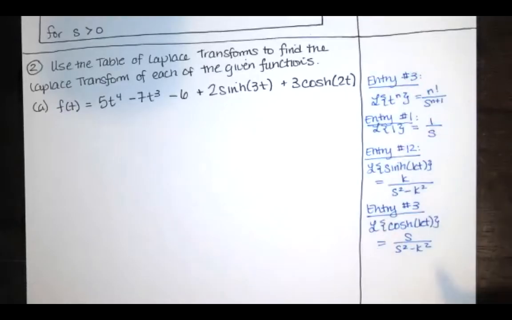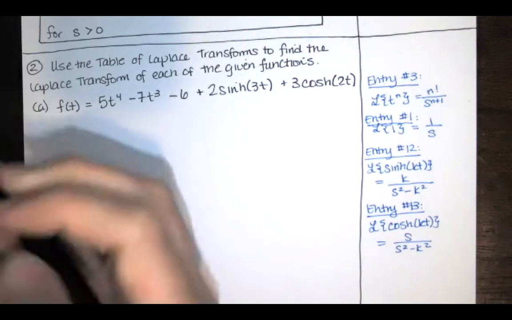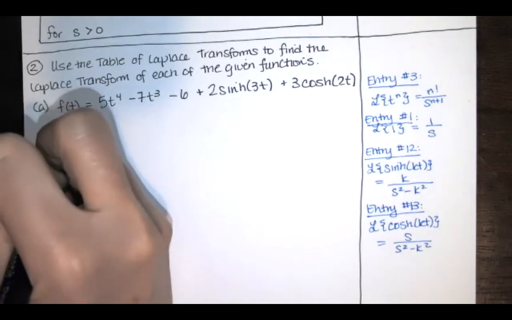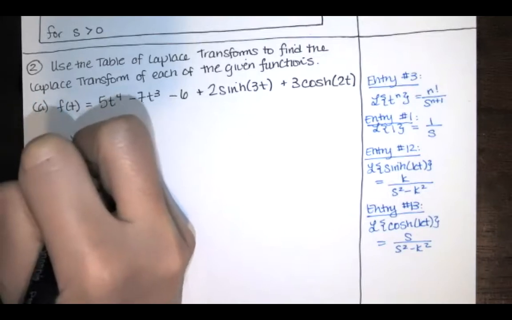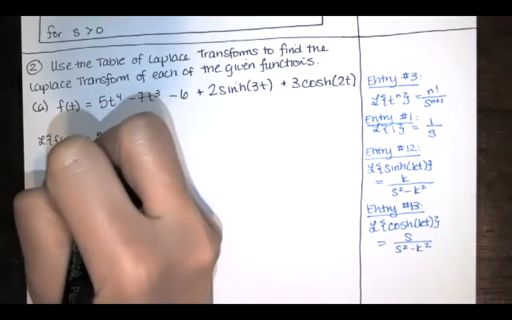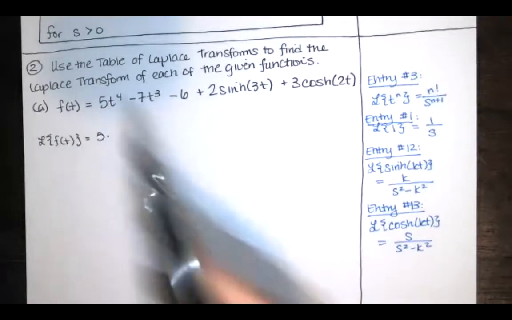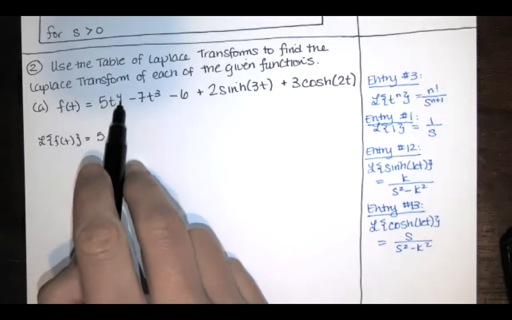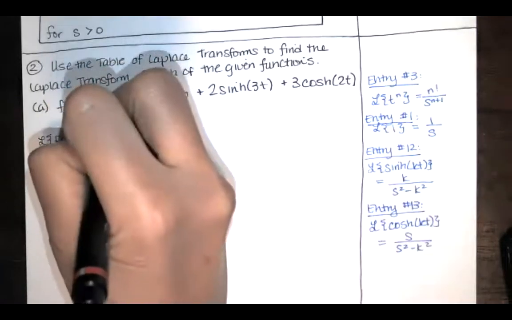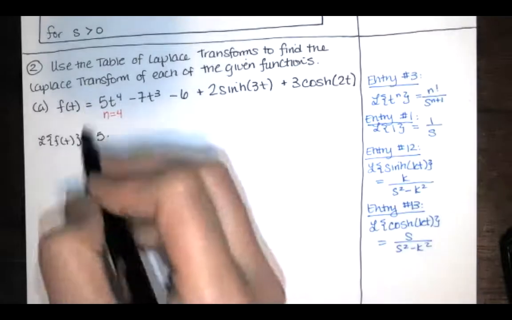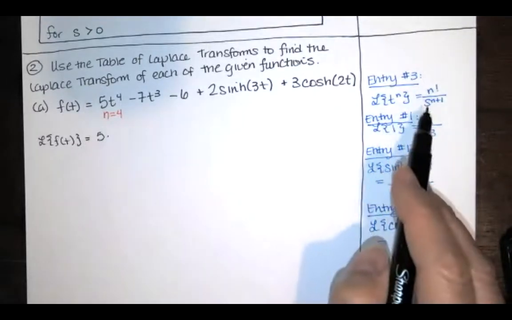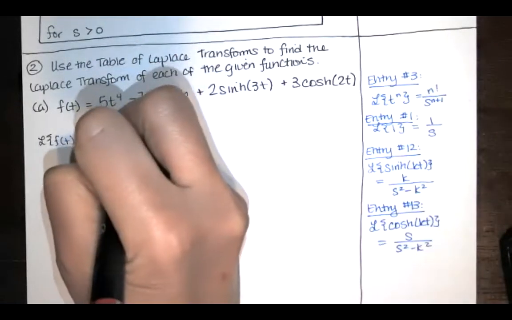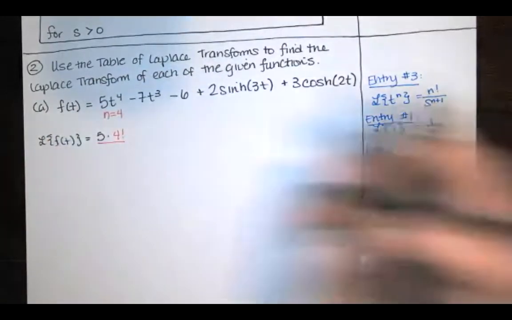So we're just going to use these entries here. It's a 13, not a 3. And the fact that the Laplace transformation is a linear operator. So the Laplace transform of f is this. First we bring down the 5, and then we multiply by the Laplace transform of t to the 4th. So I'm pattern matching this t to the 4th with this t to the n. I'm just identifying n is equal to 4. And then according to this entry, we'll have 4 factorial divided by s to the 4 plus 1,